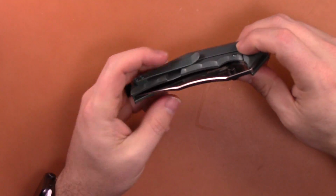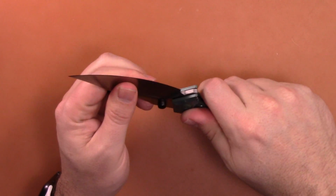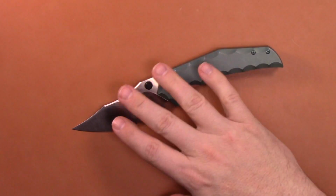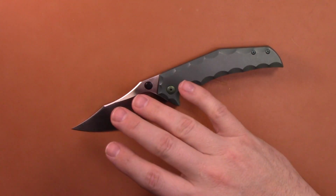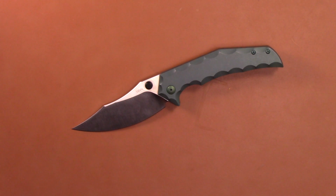The action's super smooth. It's nicely centered. I had no play. Nice lockup. The pivot has not moved an inch since I got it, so there's no need to take it apart and Loctite it, which, hallelujah, I've had so many knives lately that I've had to take apart and Loctite the pivot, because it just wasn't either done at the factory or they didn't use enough. I prefer that to having too much red Loctite like on my ZT-0470 that I couldn't even get open, and I had to end up sending it into ZT, and it's been there since October. Anyway,